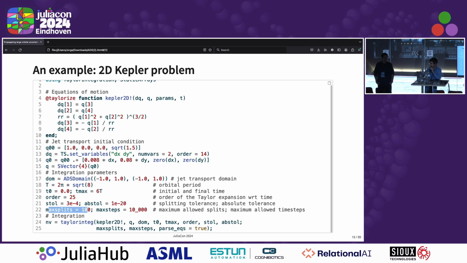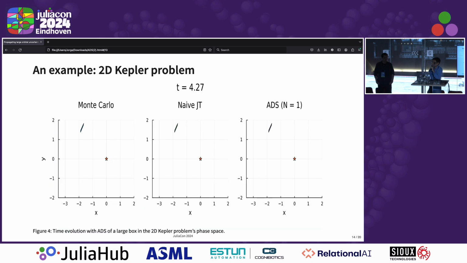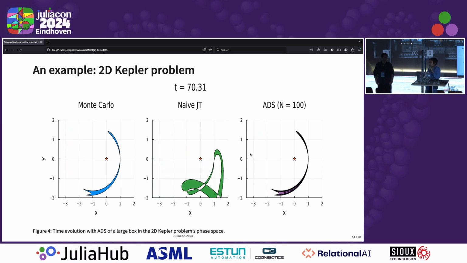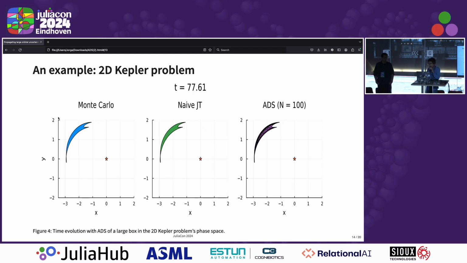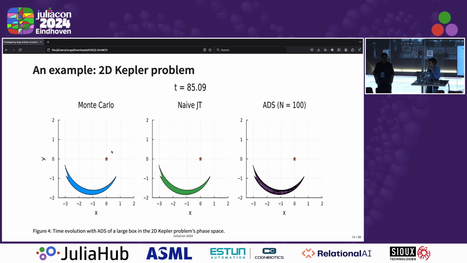So here we can see the same problem as before, but the rightmost panel shows the equivalent ADS integration, and the title shows the number of splits at any given time. So while the naive jet transport that uses a single polynomial breaks, the ADS integration remains consistent with the Monte Carlo approach throughout the whole